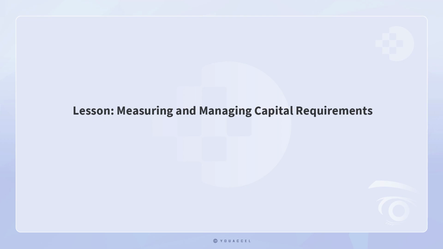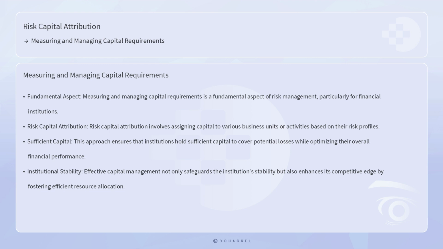Lesson: Measuring and Managing Capital Requirements. Measuring and managing capital requirements is a fundamental aspect of risk management, particularly for financial institutions. Risk capital attribution, an integral part of this process, involves assigning capital to various business units or activities based on their risk profiles. This approach ensures that institutions hold sufficient capital to cover potential losses while optimizing their overall financial performance. Effective capital management not only safeguards the institution's stability, but also enhances its competitive edge by fostering efficient resource